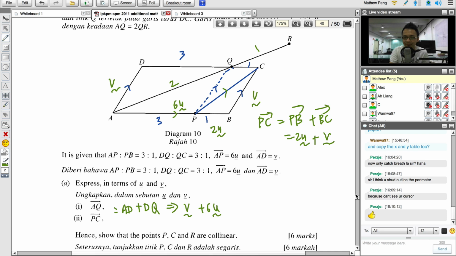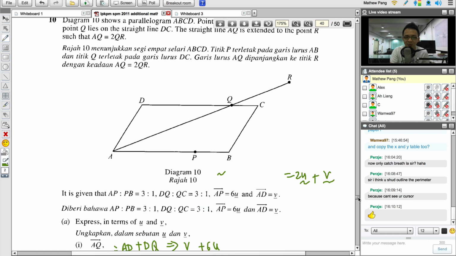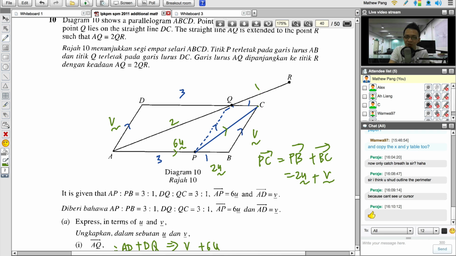Okay, this one shows that they are collinear. PCR, where is PCR? He asks you to show this one is a straight line. So to show them as a straight line, you have to use something related to ratio. Let me use some red color maybe. First I have PC, and then I do not have PR. Yes, then we have some issue over here. We have to find something related to PR. If they are collinear,